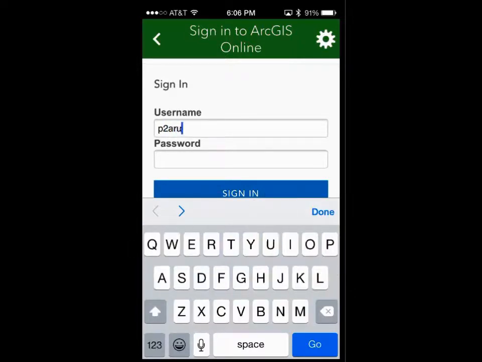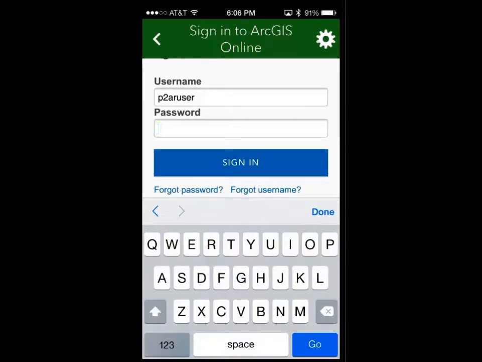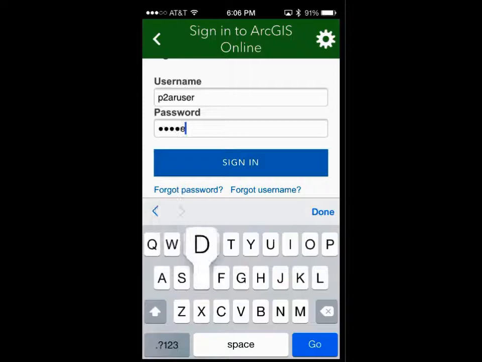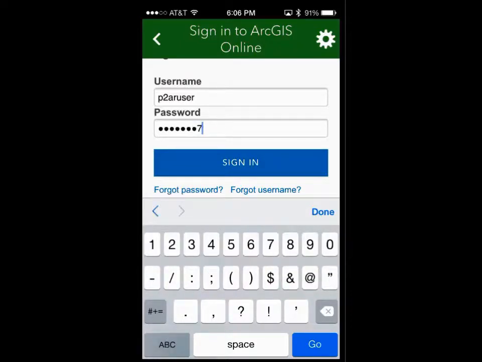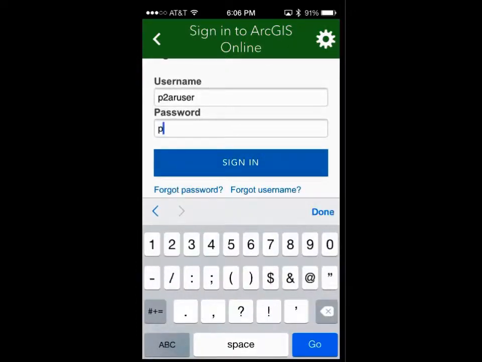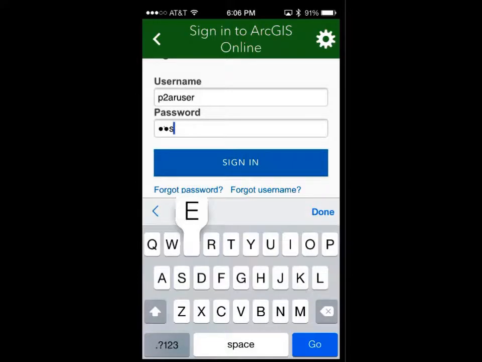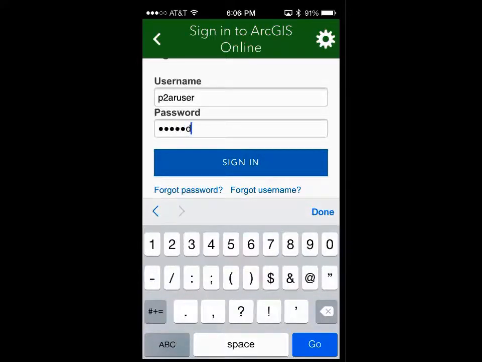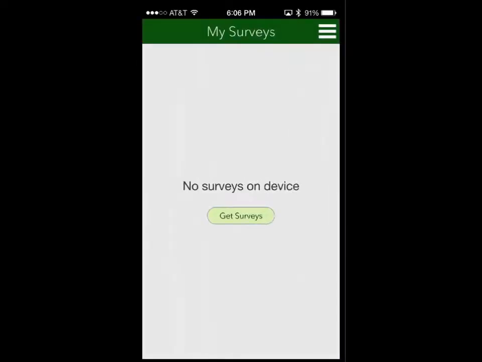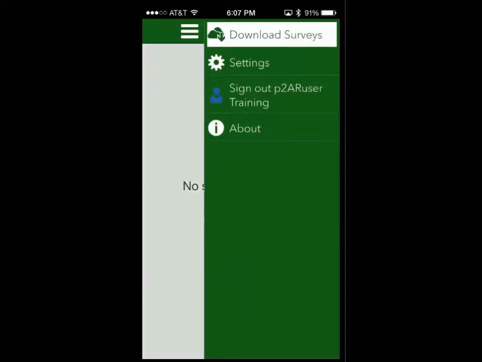much like I am trying to do here. And I'm using the credentials that have been provided so that I can sign in to ArcGIS Online. And that was the wrong password. Let's try that. Okay, so once we're logged in, and we can check right here by seeing that we are signed in